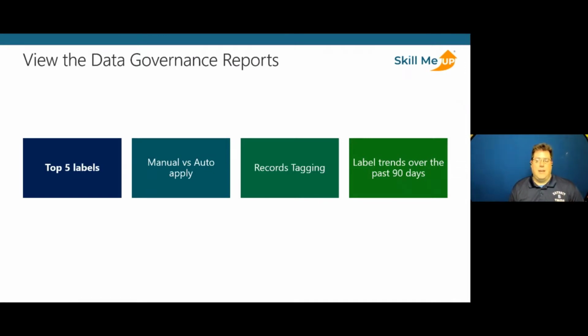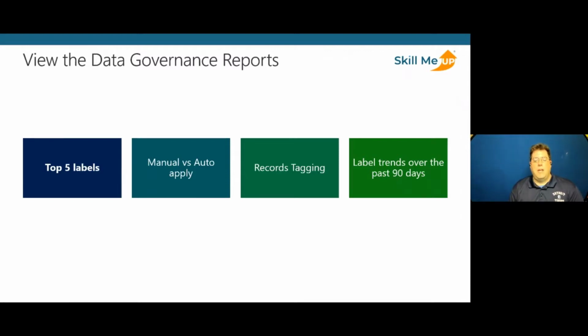It shows the records tagging, and that report will show the content that's been tagged as a record or a non-record, and the percentage of that content that's been tagged as a record or non-record as well. And then finally, the last report is those label trends over the past 90 days. Again, similar to the top 5 labels, it helps to understand the count and the location of those labels within the past 3 months, and how those labels are being used, and helps you from a management standpoint in your data governance of what